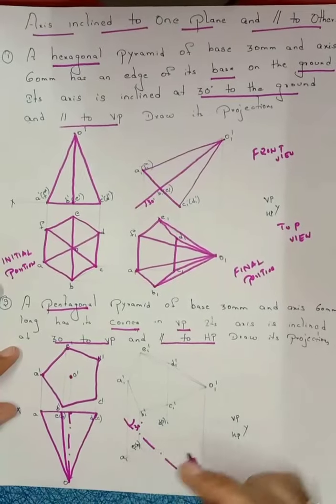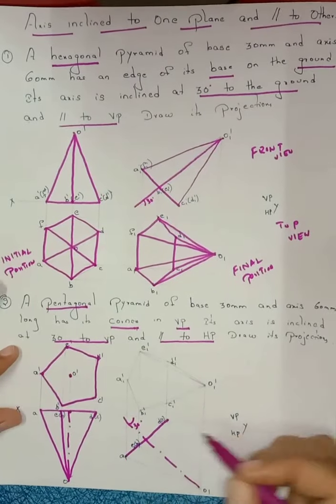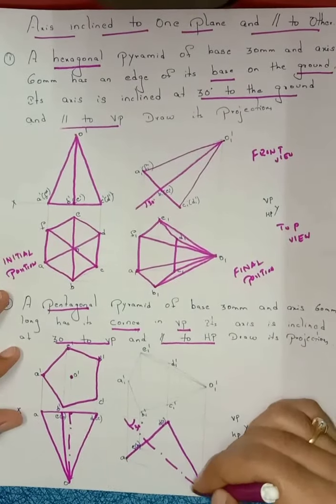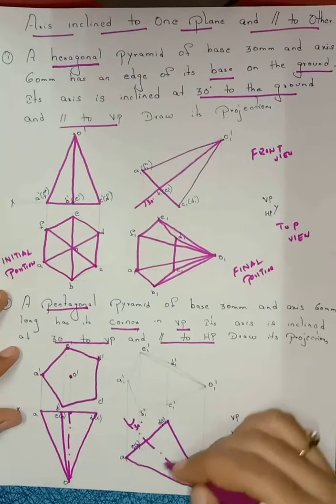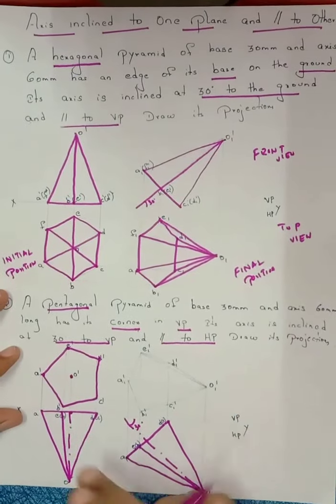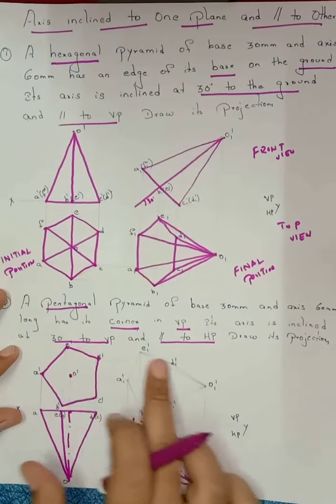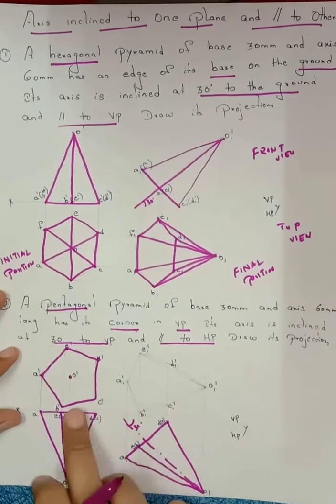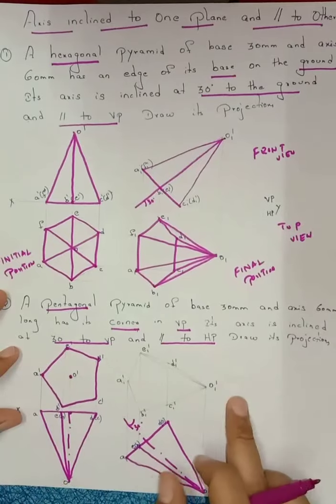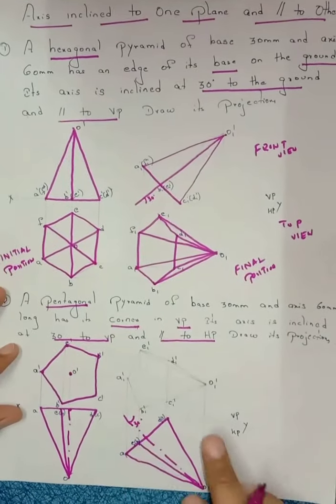Measure the length from A to D. Draw here, right? Join D to O, A to O. You know the same pyramid here. After constructing here, what you have to do, from E, from D, from A, from C, from B, from O also, you have to draw the horizontal lines.